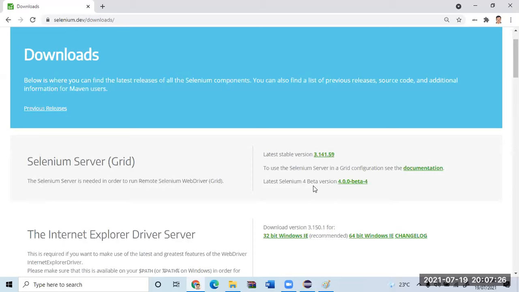Throughout our discussion, which version of Selenium are we going to use? Selenium 3. You cannot memorize the number 3.141.59, just remember the first number. The latest stable version is 3. But the upcoming version is 4. Why are we not using it? Because it is still in beta, in the development phase, only a trial.